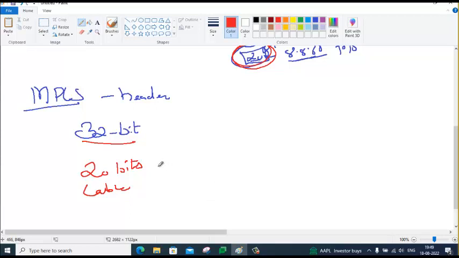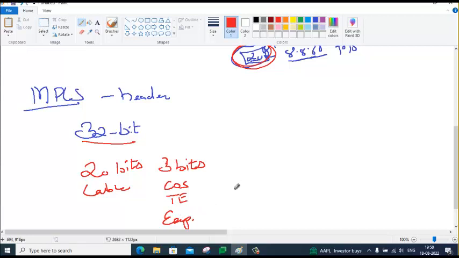And then 3 bits, you can use for class of service. You may also use it for TE, traffic engineering. Because you can use it for various things, it is called the experimental bits.